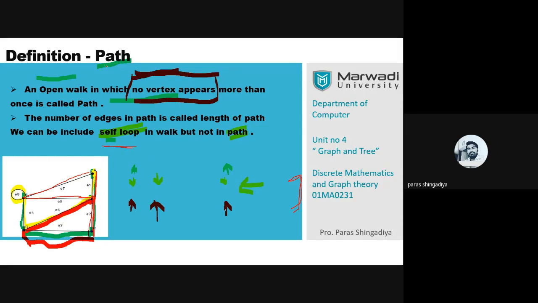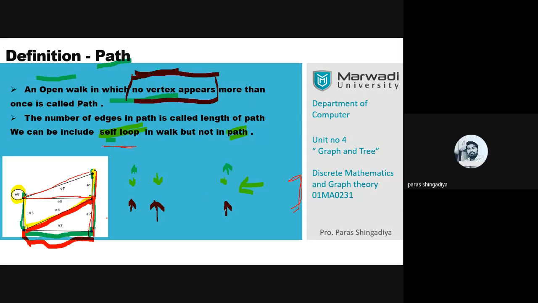Okay, write the definition of walk, path, and circuit with its counter example. For example, for 6 marks. So the definitions carry 1 mark, and the counter example carries 1 mark. Clear? So you have to draw any graph and mention the walk, path, and circuit as per your graph. It is not compulsory that you mention this graph in the exam. Remember one thing, there is an arbitrary number of vertices, so it is not important to use this graph only in the exam. You can create another simple graph.